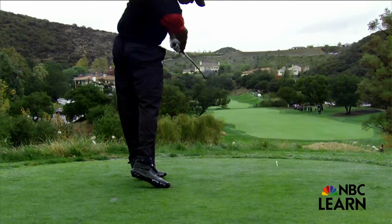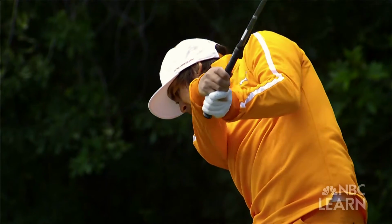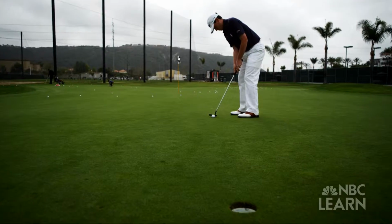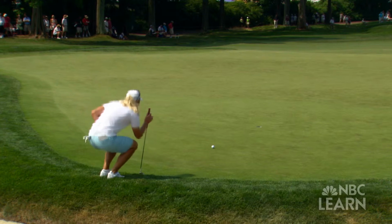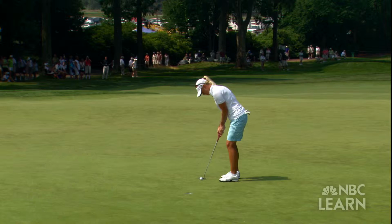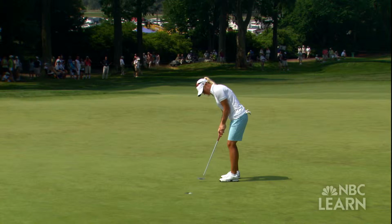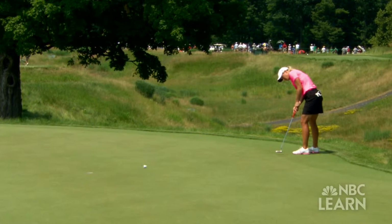In professional golf, everyone applauds the big hitters. But a player's short game is just as important, especially putting, which requires concentration, control, and a skill known as reading the green. When I'm looking at a putt and I'm reading the green, I'm trying to see the contours of the green. So it's going to help me understand how the putt is going to break. Either it's a straight putt, maybe it's a left to righter, maybe it's a right to lefter, maybe it's uphill,